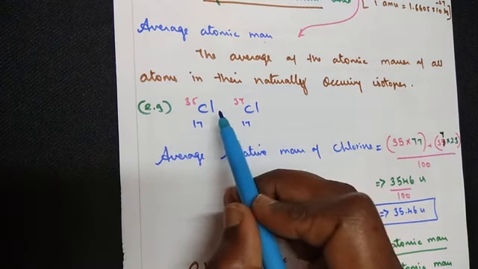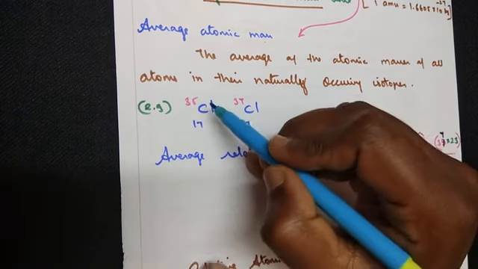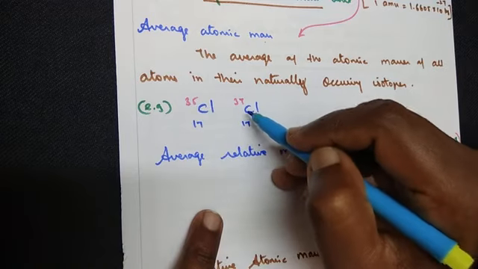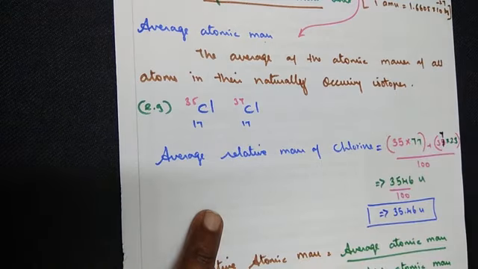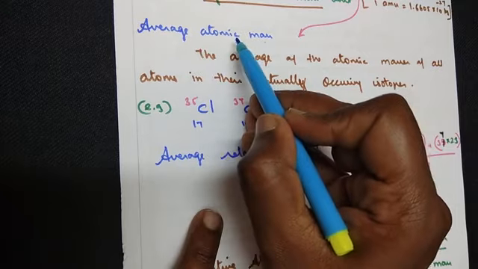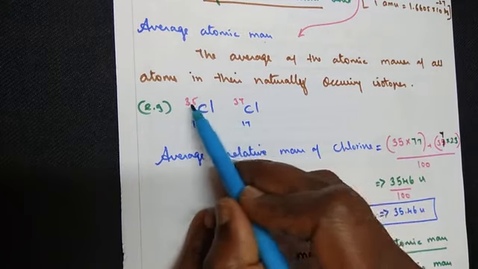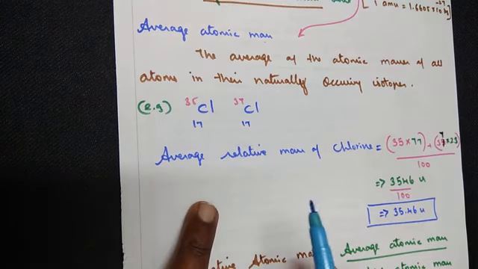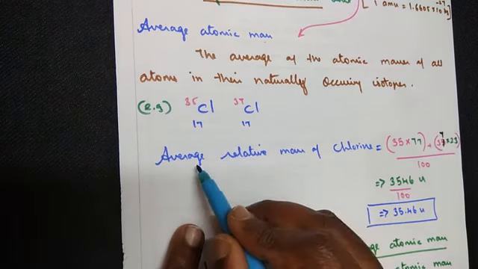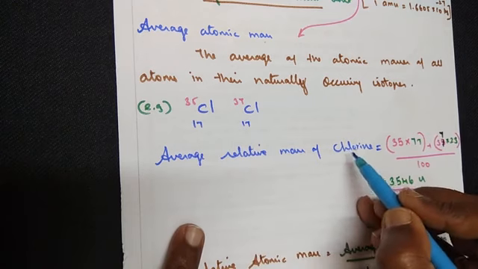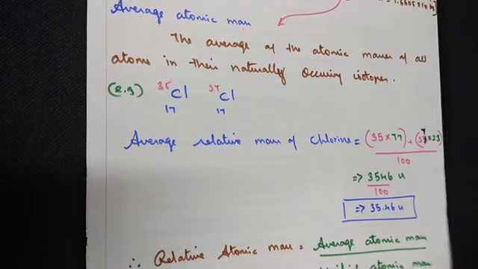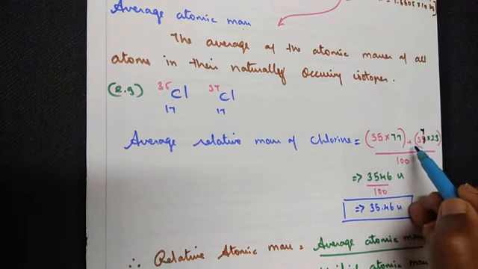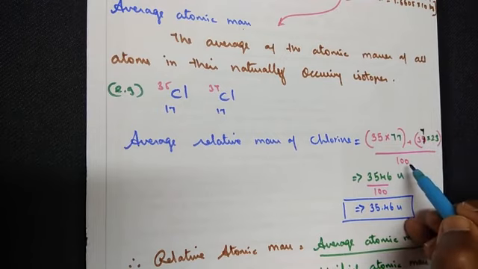Example of isotopes: we have considered chlorine. Chlorine has two isotopes, one with an atomic mass of 35, the other with an atomic mass of 37. Now when we say average atomic mass, how shall we calculate it? Add the two masses and divide by the number of isotopes possible. Now when we say relative atomic mass of chlorine, the calculation is slightly different. That should be done as (35 x 77 + 37 x 23) / 100.